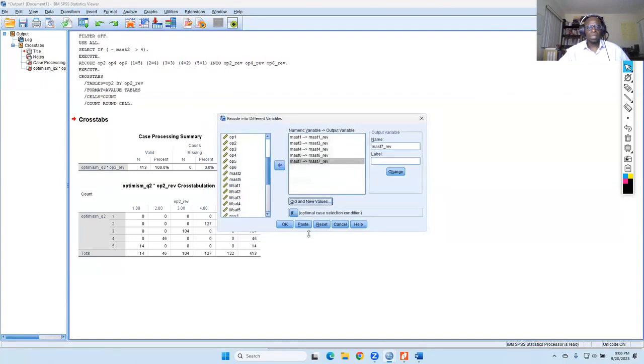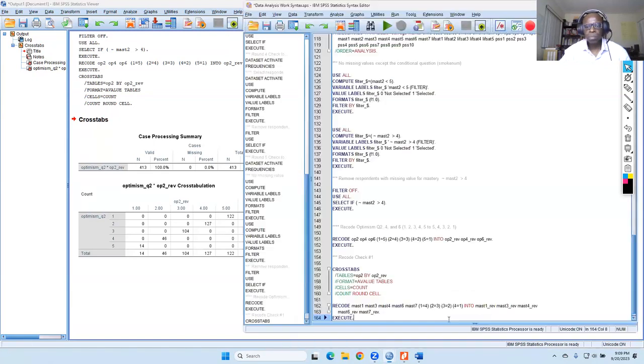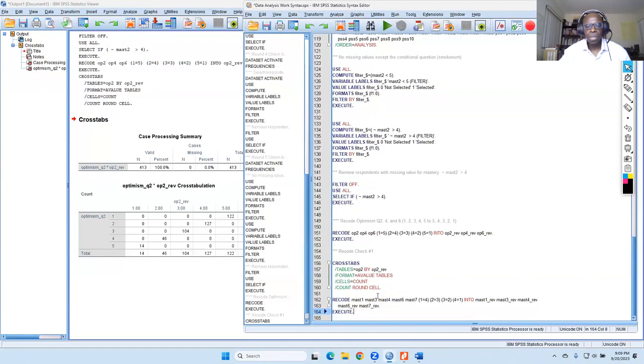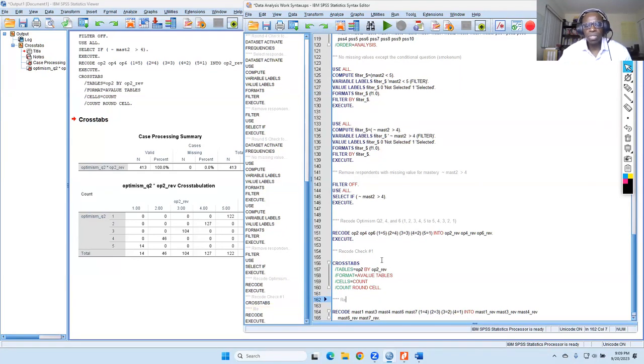Okay. So I'm going to click paste. So this is going to be, it should be reverse code.